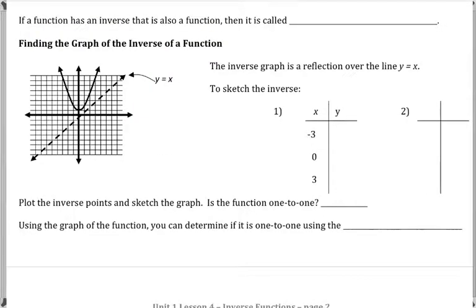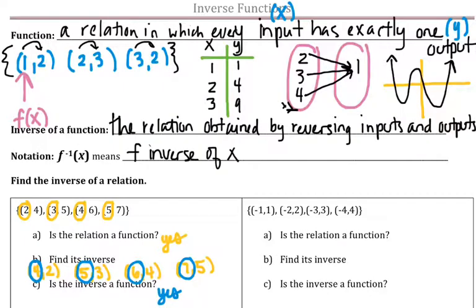Now we have another definition. This one says, if a function has an inverse that's also a function, it is called one-to-one. That means every one output has one input and vice versa. Every one input has one output. So if we go back and look at the two examples we've done already,